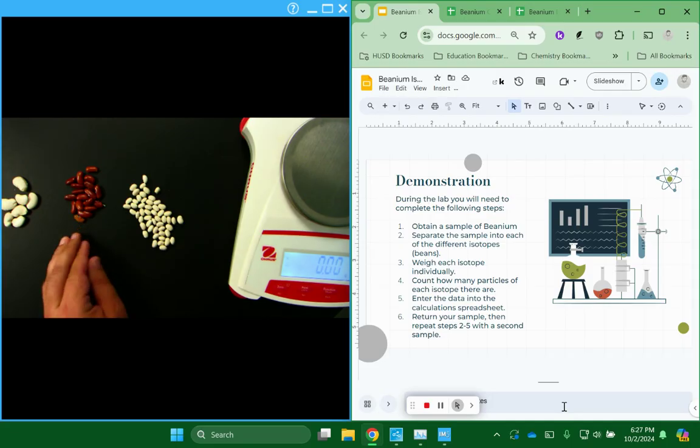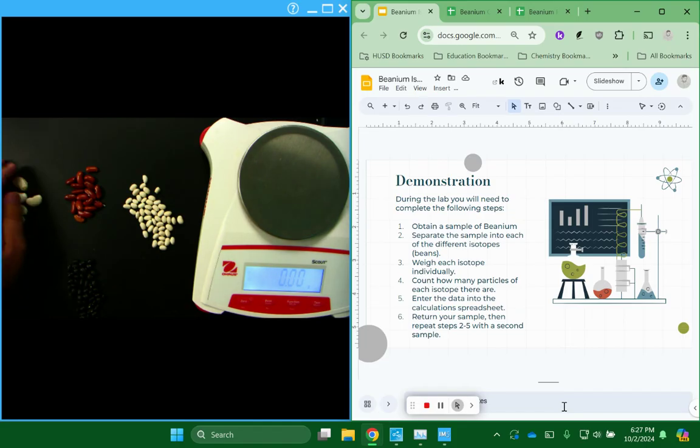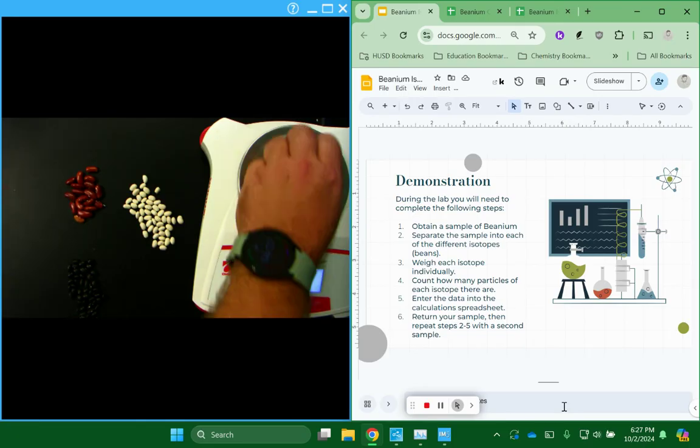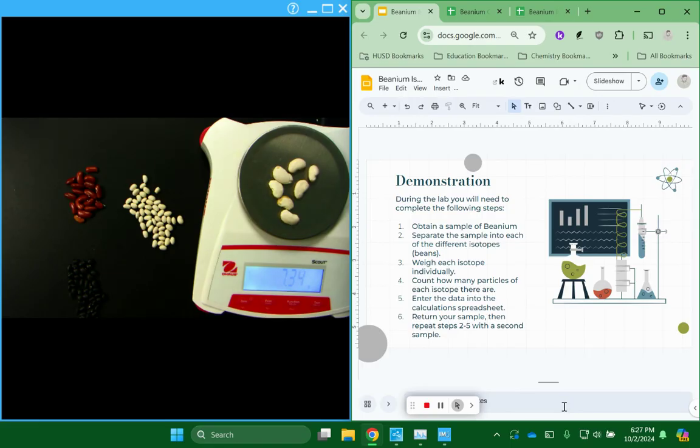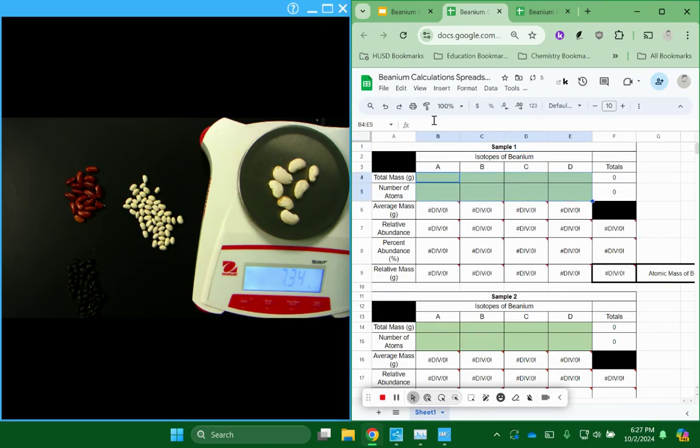Okay. So what I'm going to do now is I'm on step 3, right? I've separated them all. It's part of step 2. So step 3, I'm going to weigh each isotope individually. So my isotope A, I'm going to weigh it out. Okay. And I'm redoing this. So let me just clear out what I got. Okay. So I got a mass of